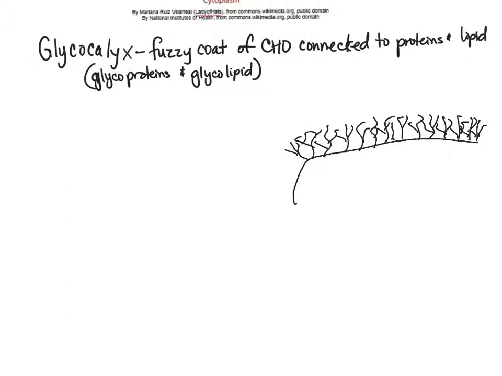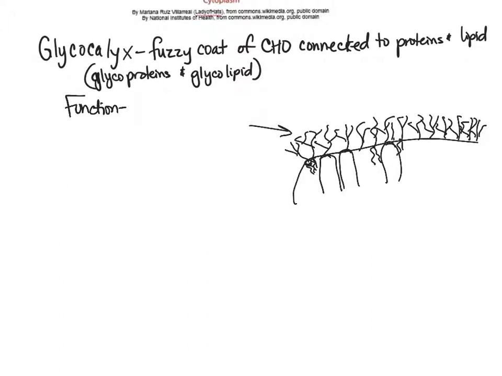And these are the glycoproteins or glycolipids, right? Some of them are attached to lipids down here. Some of them are attached to proteins in the plasma membrane. So glycoproteins there, some glycolipids, glycoproteins. All of these, this kind of fuzzy area on top of the cell, is the glycocalyx. And the function of the glycocalyx,